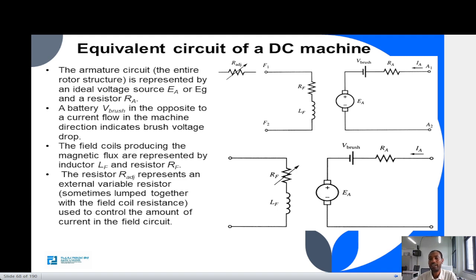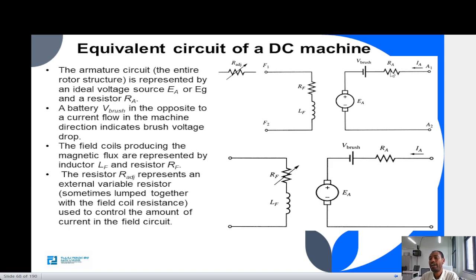So under this, the armature circuit is going to be modeled with this. What is this? Here it is EA or EG. Sorry, friend. The whole armature circuit is represented by a voltage source, because the induction takes place in it. So we can represent it as a voltage source. And the inductance part of the armature winding is neglected, and the resistance is modeled as armature resistance